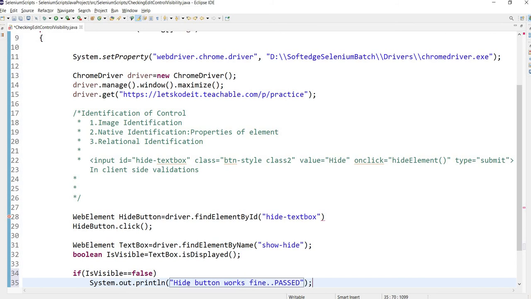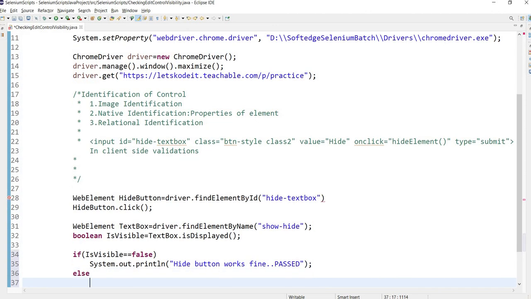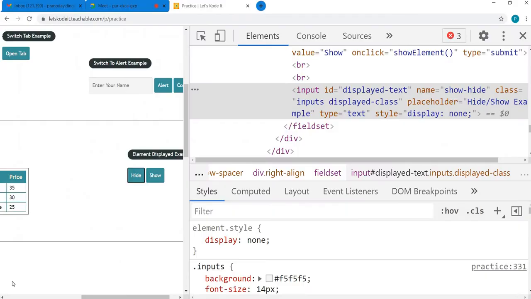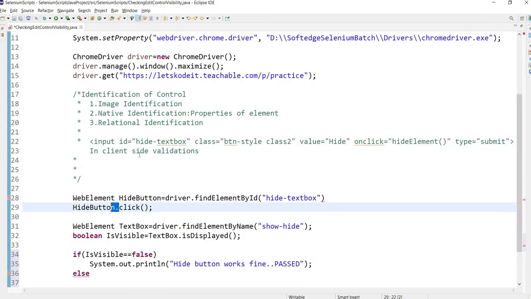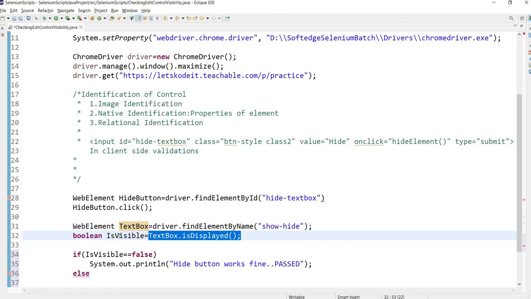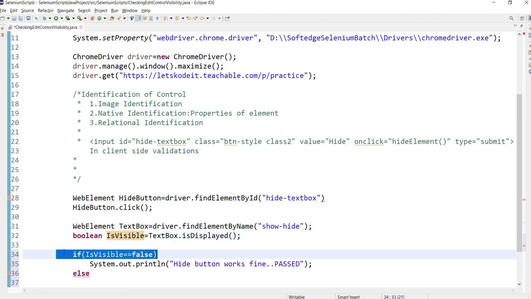passed. Let's say after clicking on the hide button, because of a bug, this text box still remained visible. So when our test executes, textBox.isDisplayed will return true here, and this if statement will get false.